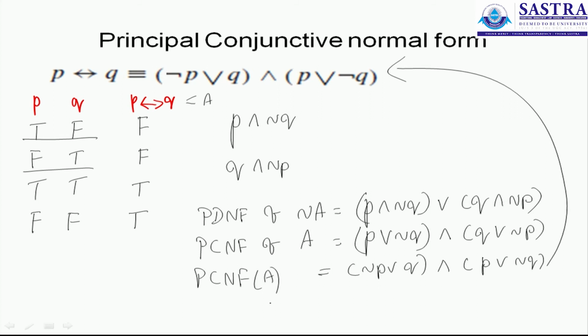So it's just one extra procedure. Till drawing the truth table it's the same, but you identify those rows which give you false values. You construct a PDNF out of that. I know we are actually discussing the PCNF, but when you construct the PDNF out of that, the answer that you get is not that of A, but its dual. So you find the dual of the dual, you get it back. So you do the dual of the PDNF, you get the PCNF of the actual statement, and that's what is given.